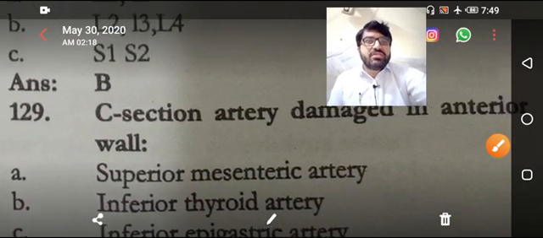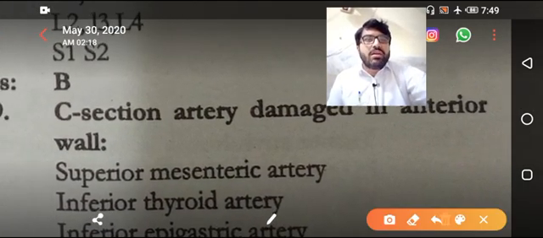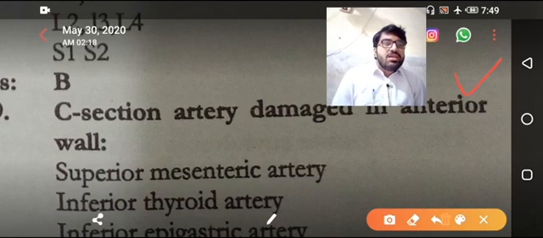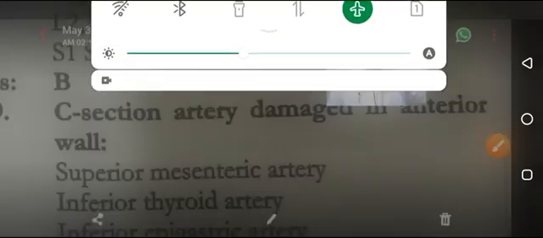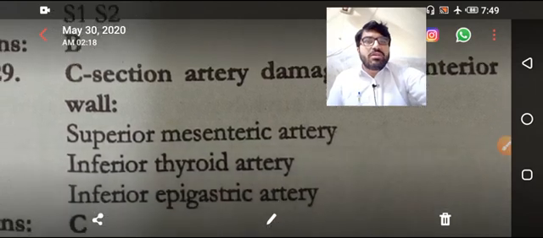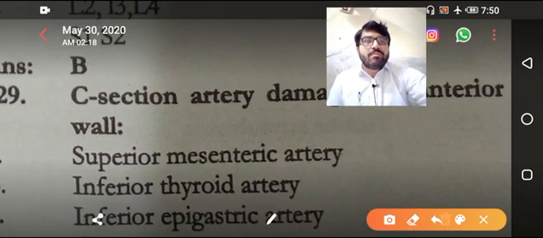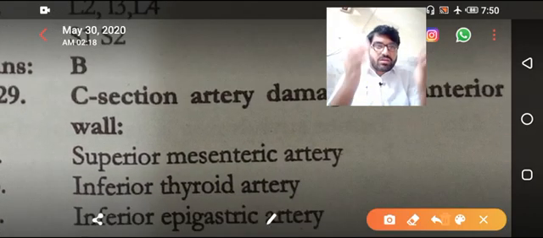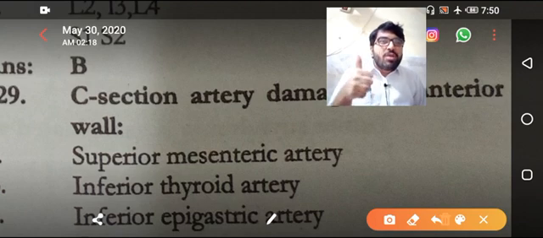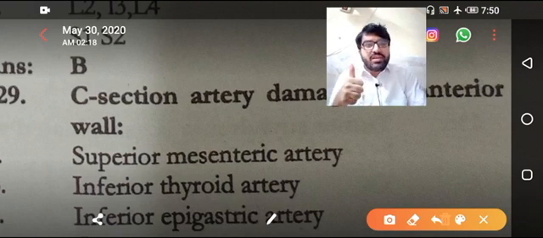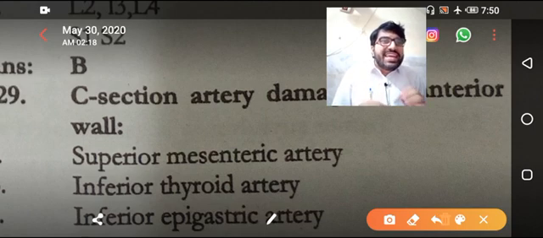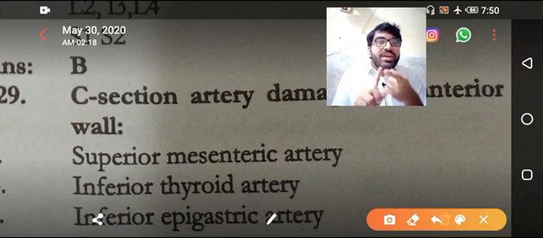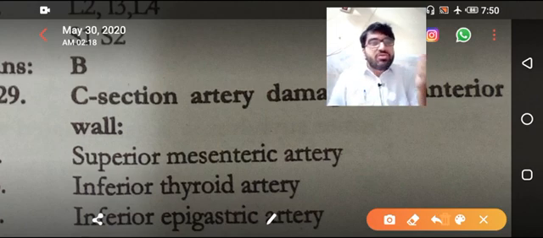Coming down, C-section, artery damage in anterior wall. Now this is again controversy. Some people say uterine artery, while some say inferior epigastric artery. Now I will give you a clear-cut concept. If they mention the anterior abdominal wall, choose the inferior epigastric artery. But if they ask which artery is damaged more and do not talk about anterior abdominal wall, then choose uterine